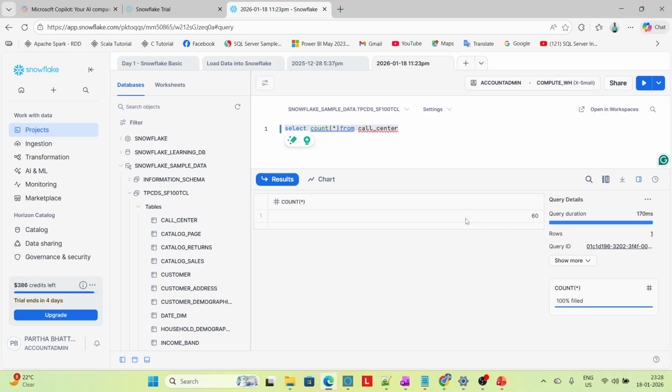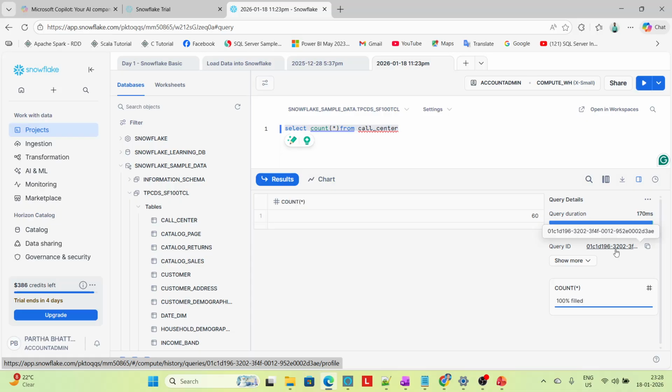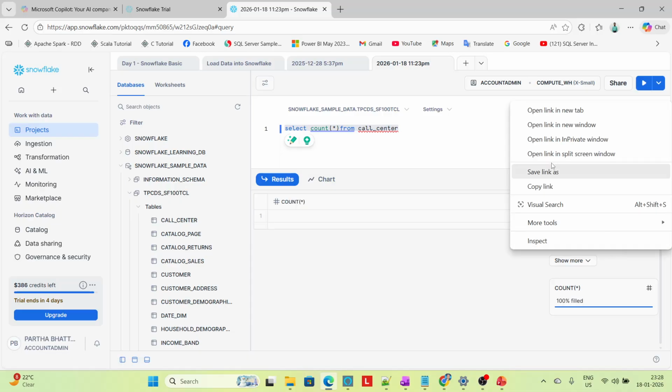It's running. Okay. How many records are available? 60 records are available. Okay. There is also a query ID, automatically system generated. If I click this query ID,